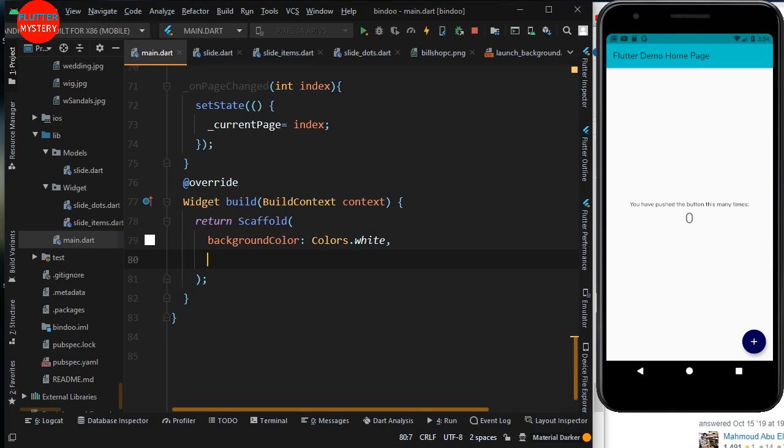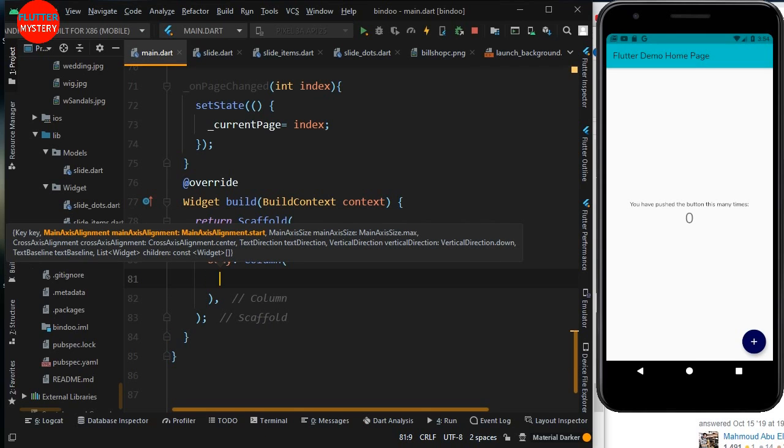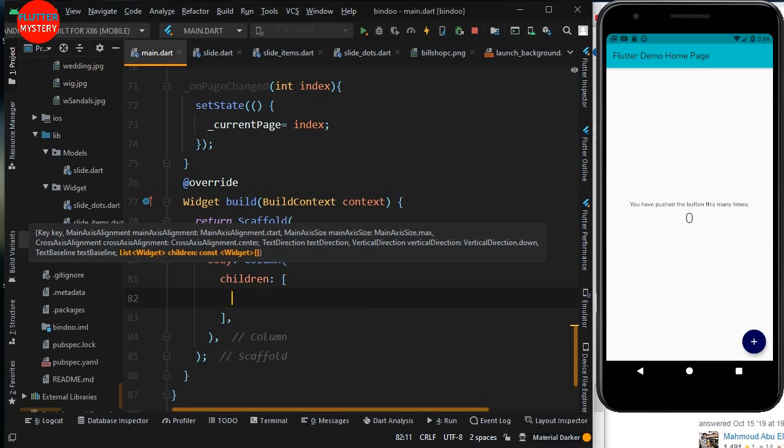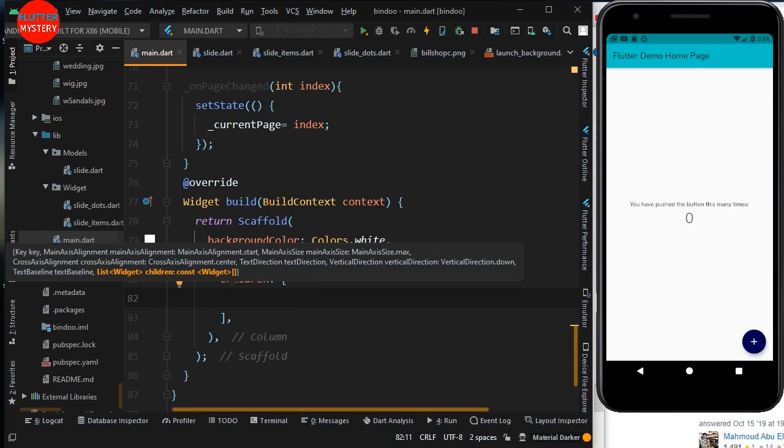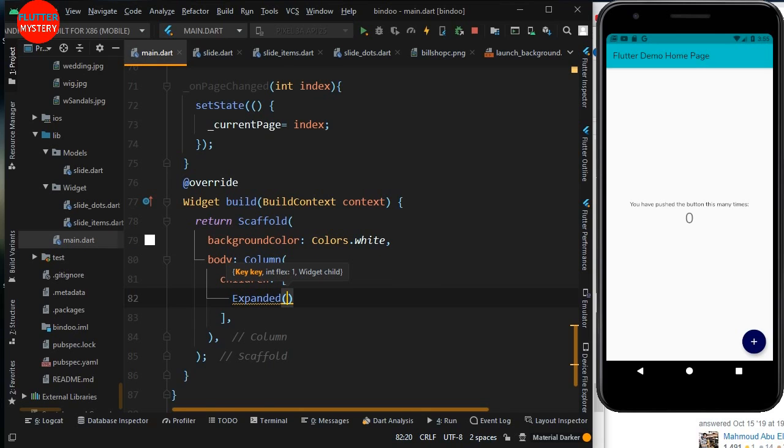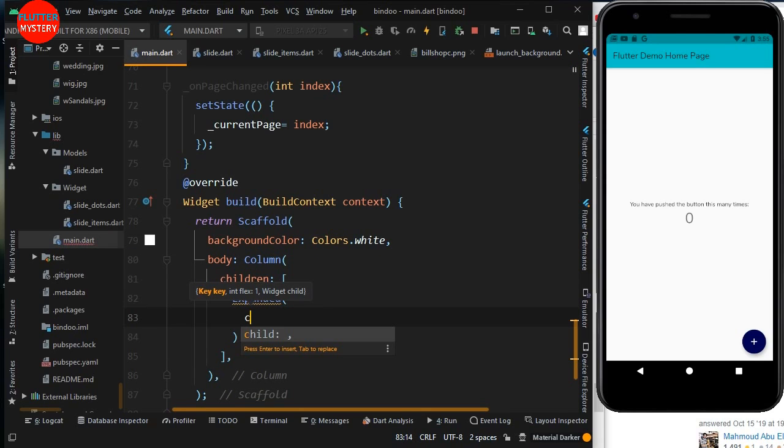And the body is going to be a column, and the column has children, and the children has an expanded which has a child we will call stack,